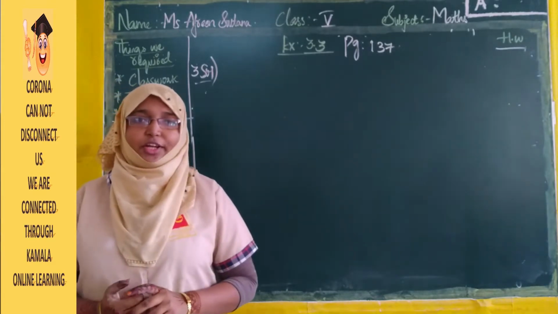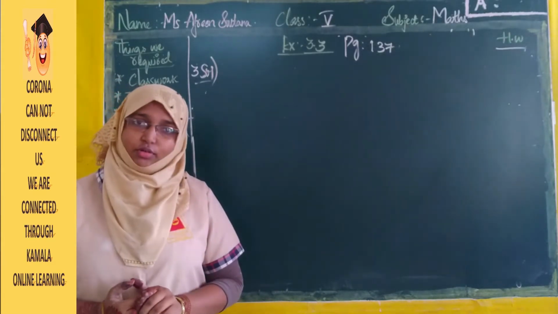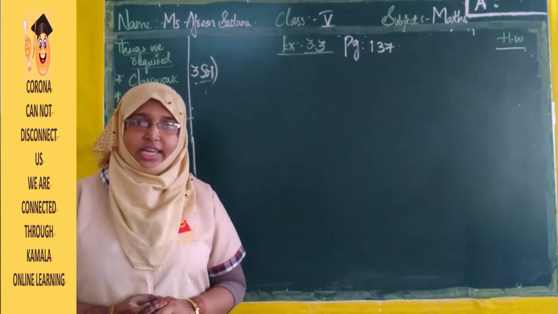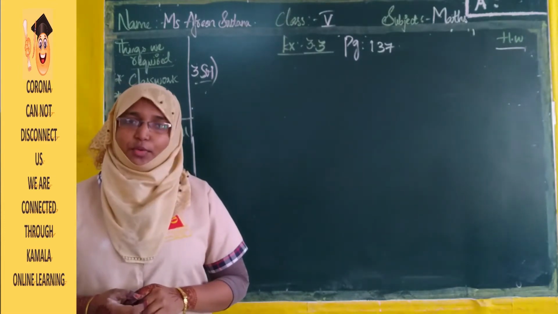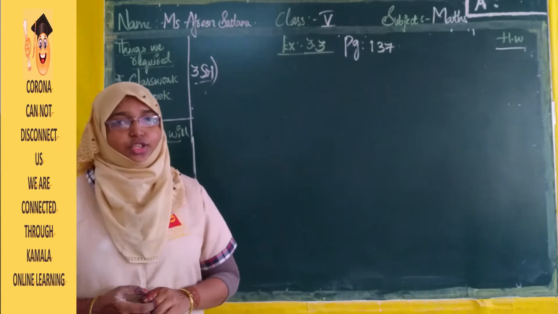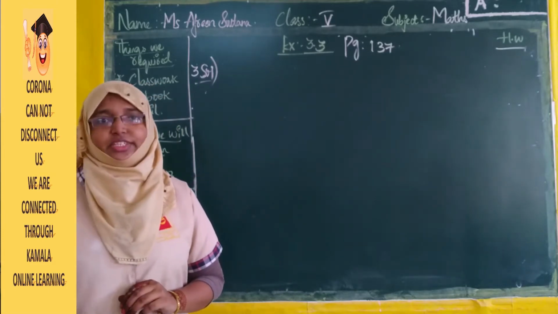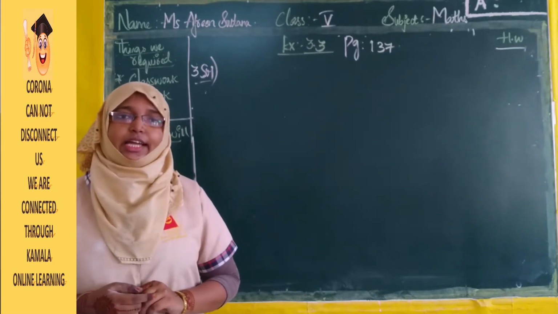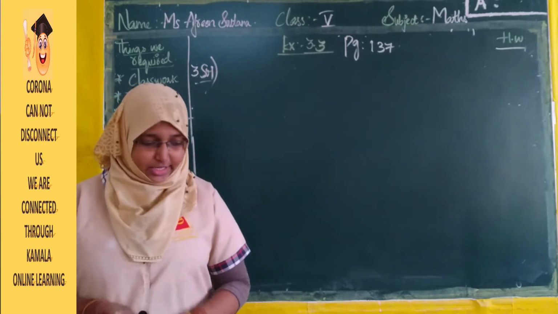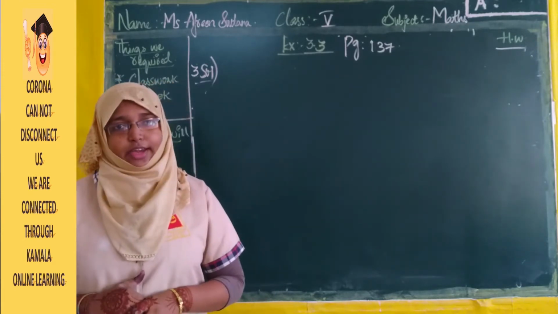So once again, I want to remind you about SMS. We already know, and I hope everyone is following. What is SMS? S is for social distance, M is for mask, and S is for soap. So what are we going to do? We are going to maintain some physical distance, wear a mask, and use soap to clean our hands. And please eat healthy food.